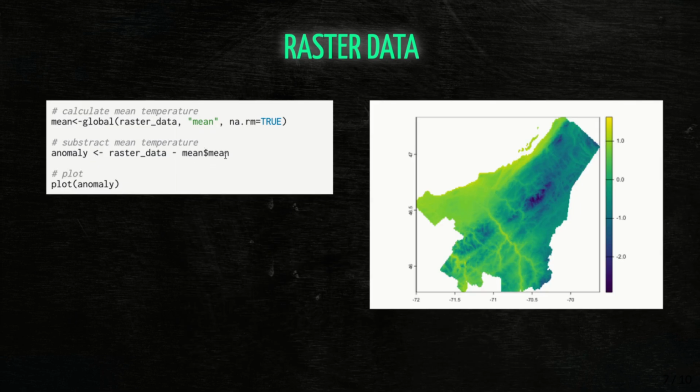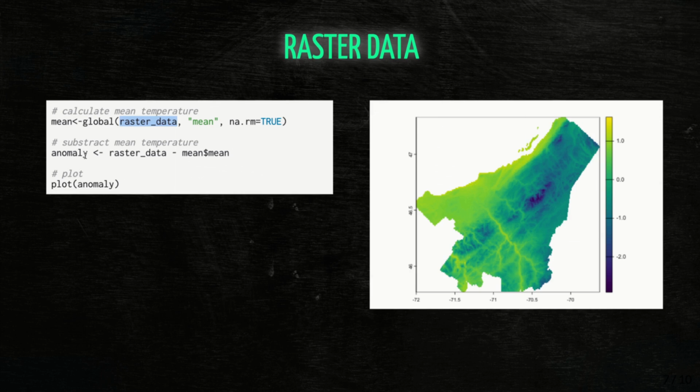Again, there's many operations that can be done with a spatial raster. Some common one here, because we have some kind of temperature information, is to extract the mean. So if I want the mean of every little square of information here, I can just call the global function. Tell this function that I want to look into the raster data, extract the mean, and remove the NA. So everything that is around my desired shape won't be considered. Now that I have this mean,